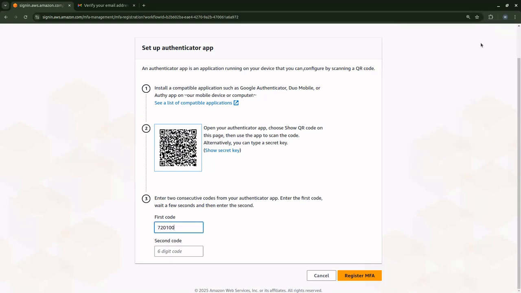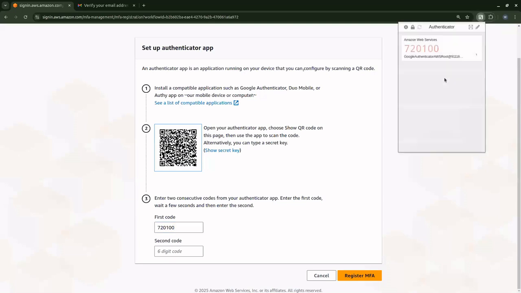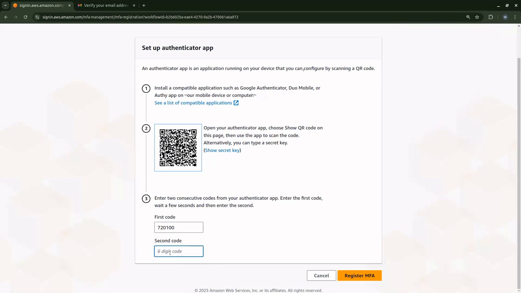That's the first code. I'll open the Authenticator again. I'll wait for this to change. It's changing already. I have new codes. I'm going to copy that by clicking on it. So when I click, it copies, and then I bring it to the second code, paste, and I'll click on